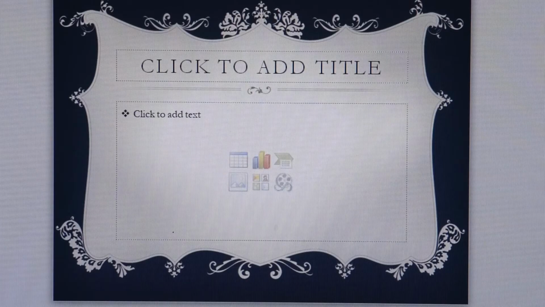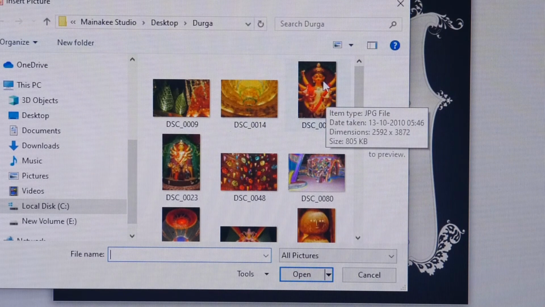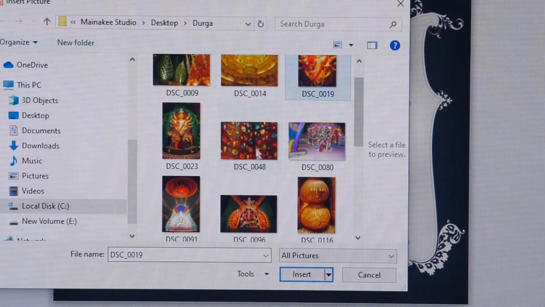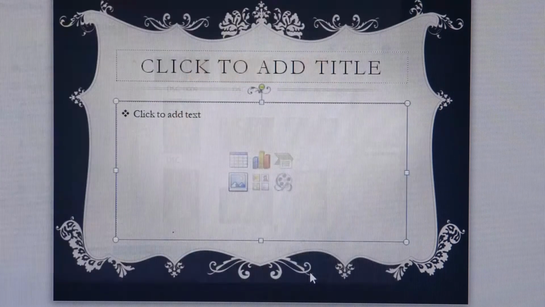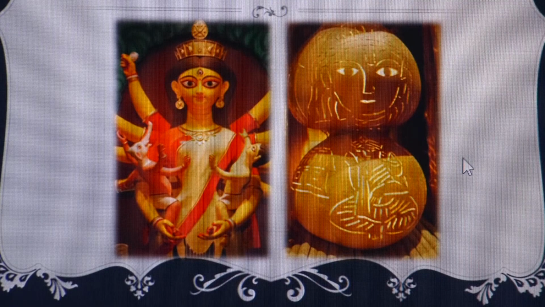In this slide I am showing you how to import 2 pictures. The same way, you have to click on insert picture from file. Here the file is coming. Now I again select this picture and I press the Control button on the keyboard and select another picture, and now click on insert option. Now I have customized the picture as I have done it previously. You will get the same result. I have shown the outcome of that here.